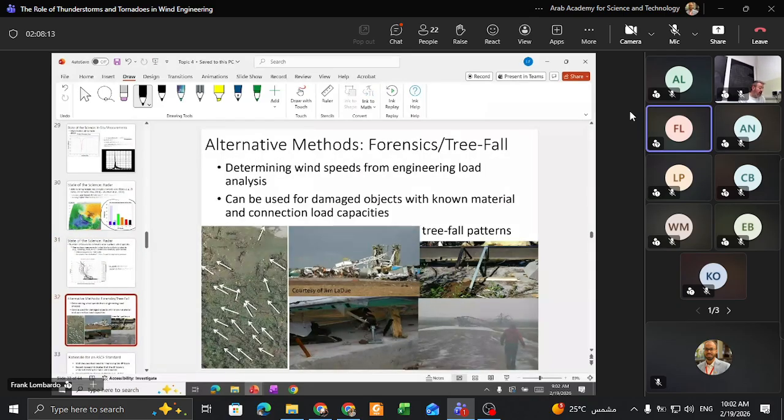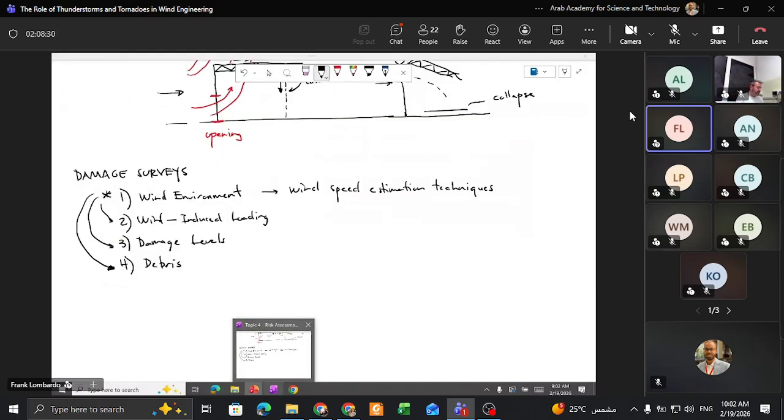Okay, other methods, we'll talk about tree fall. So again, this is just a snapshot of what tree fall would look like. We can see within this particular area, the trees generally fall in the same direction. Another thing that you can do is just simply forensics, which we talked about a little bit with